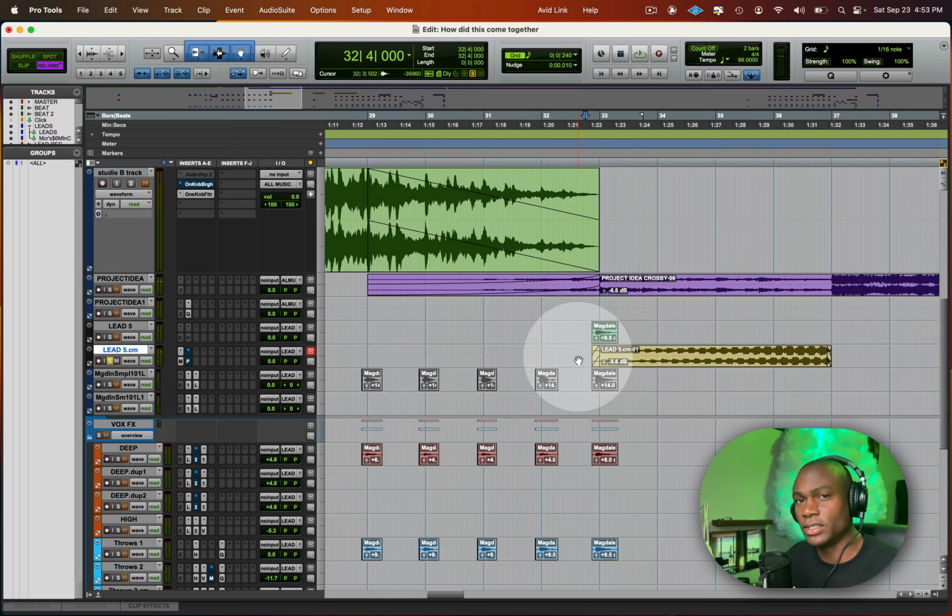And it sounds like that because within that delay plugin that I printed before, I have some of the parameters being automated within it. That's why it sounds like it's going kind of wavy like that. And together,